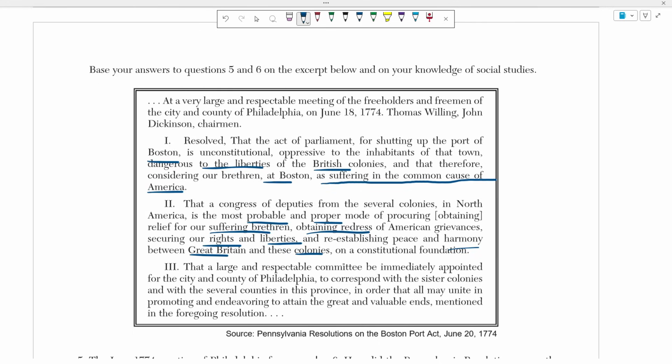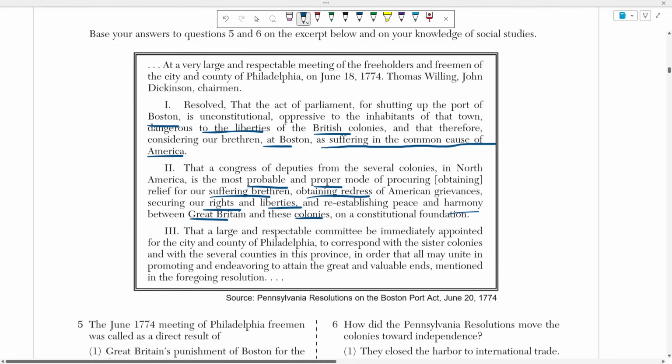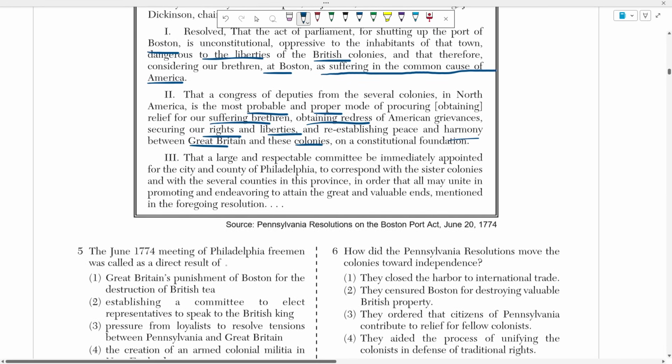They're like, well, what right do you have to shut down our port when we weren't even given a way to express our grievances or express our issues with your government in the first place, right? People thought it was unfair. The colonists said that we made a statement and we protested against you, and you're once again not fairly punishing us, right? So choice 5, or number 5, says that the June 1774 meeting of Philadelphia freedmen was called